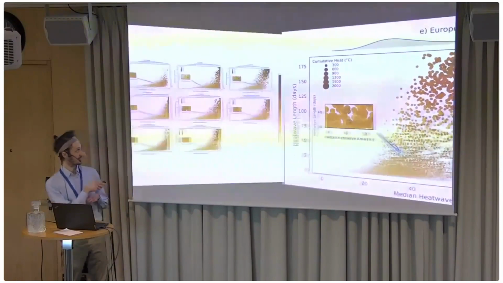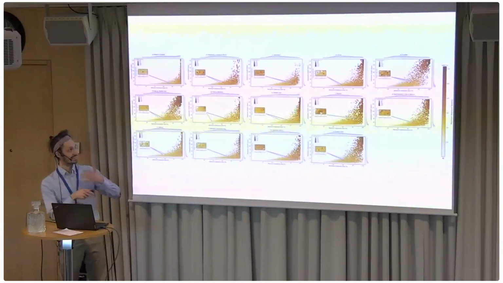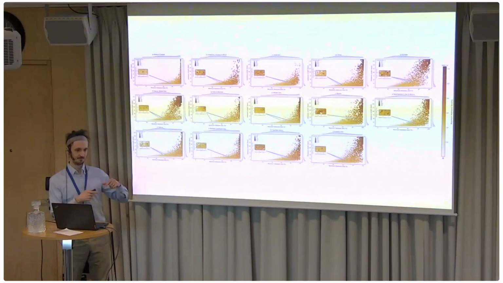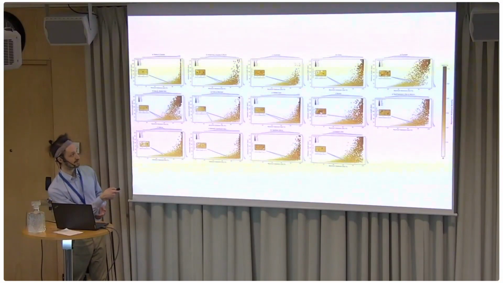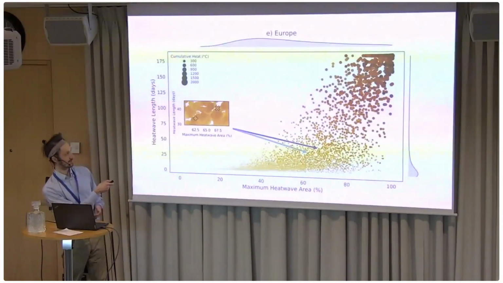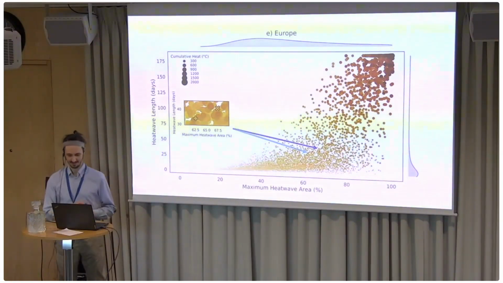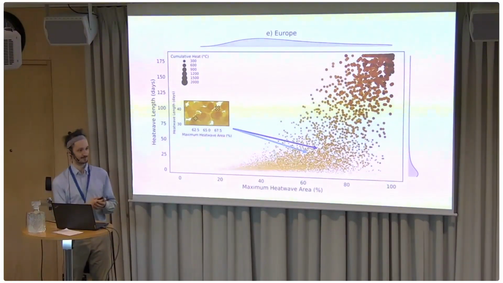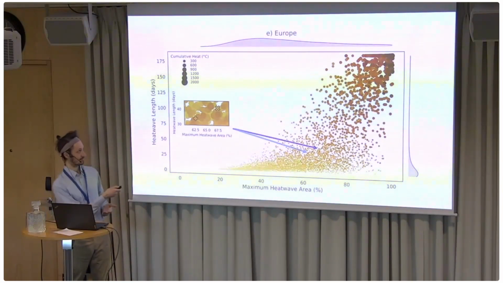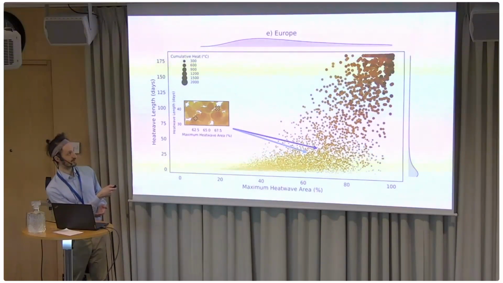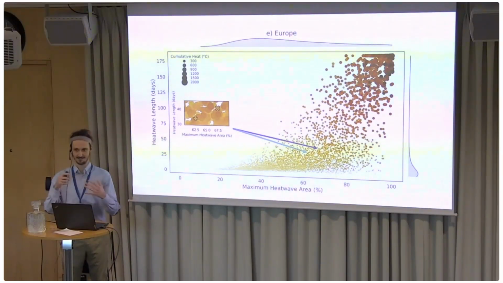I emphasized on average because when we look at the respective maximum values, we can see that in the case of Europe, there's a very strong clustering in the top right corner. These are the values that are reached for at least 1 day during the heat wave. So in other words, for those, at least 1 day during the heat wave affects the entire continent as a whole.